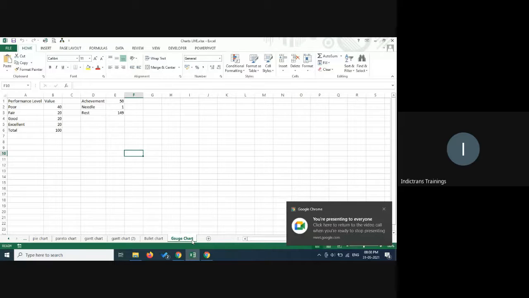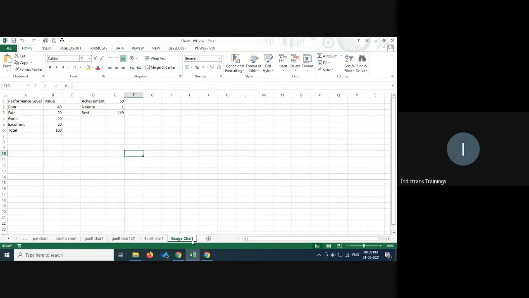Okay. So we'll first start with the gauge chart, which is perhaps most difficult, and it also has a challenge that it takes a lot of space to display. And then we look at bullet chart. Bullet chart actually was developed to overcome this challenge of gauge chart, which takes a lot of space on the dashboard. So bullet chart shows the same or actually more information in a much more compact space, because in a dashboard the challenge is obviously to have very little space in which to show more information. So bullet chart was actually developed with that in mind.